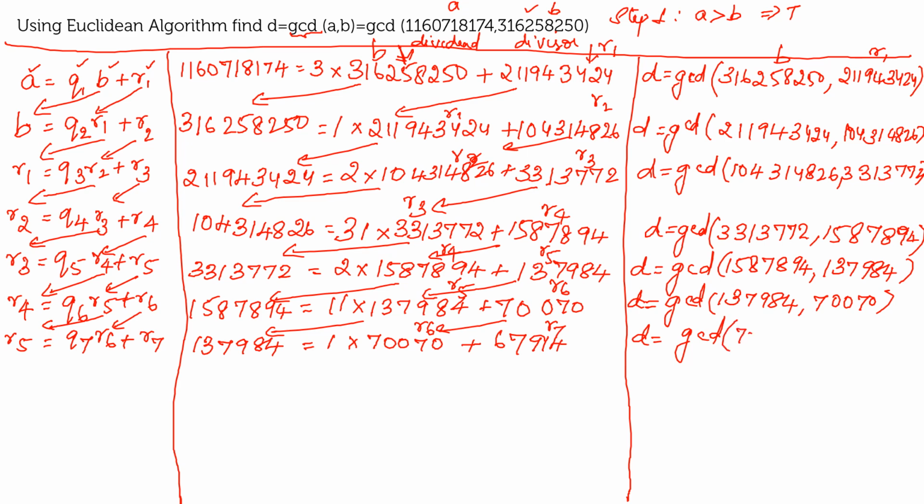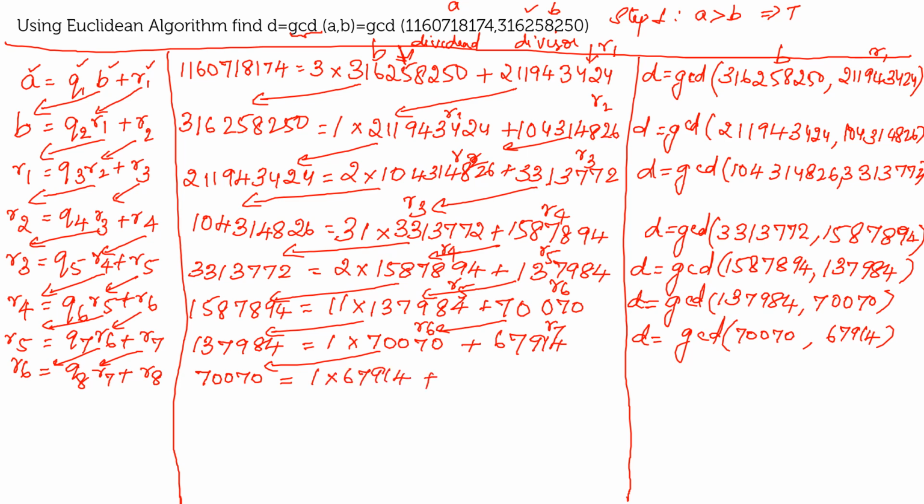Now the new GCD will be between R6 and R7, right? So 70070, comma 67914. Okay, so what will be your next step? R6 will be equal to, your new quotient will be equal to Q8 and remainder R7 plus your new remainder will be equal to R8. So what you will be getting 70070, which is equal to the new quotient is going to be still 1. 1 into 67914 plus your new remainder will be equal to